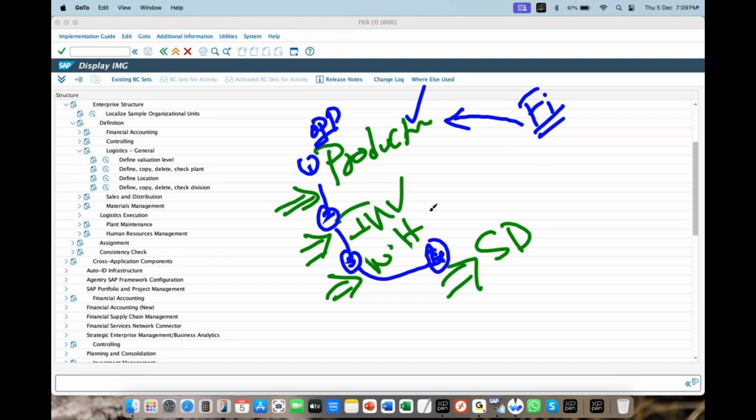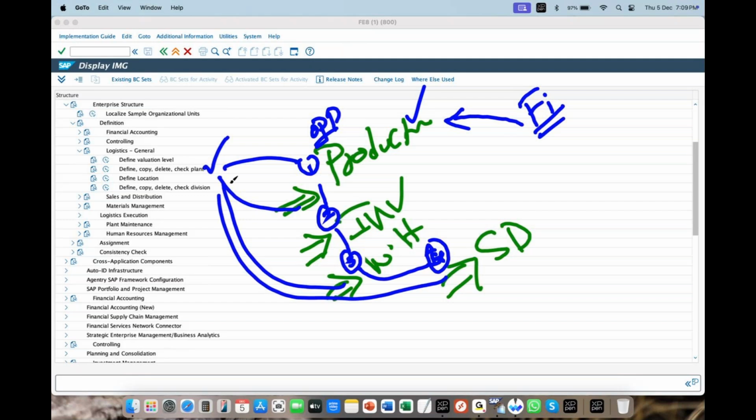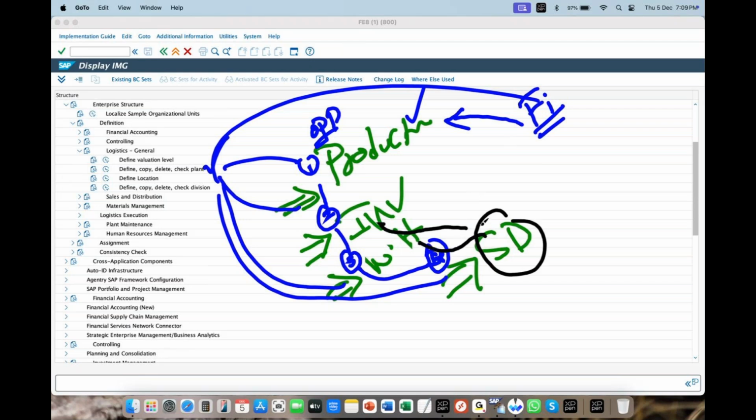So why I'm telling all this? Plant interacts with production module, interacts with inventory module, interacts with warehouse module, interacts with sales module, interacts with finance module. So when you connect the plant to sales department, it also interacts with all these modules. So cross functionalities. See, subject is same. Functionality never changes. Versions in SAP may change. The way of customizing may have slight difference, but functionality will never.